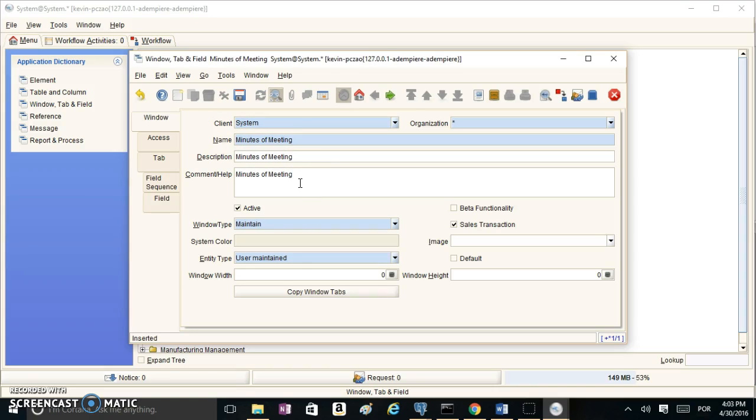We're going to have window type as maintain. We're going to have entity type as user maintained. And we're going to have sales transaction not clicked. We're going to unclick that. And after we do that, we're going to